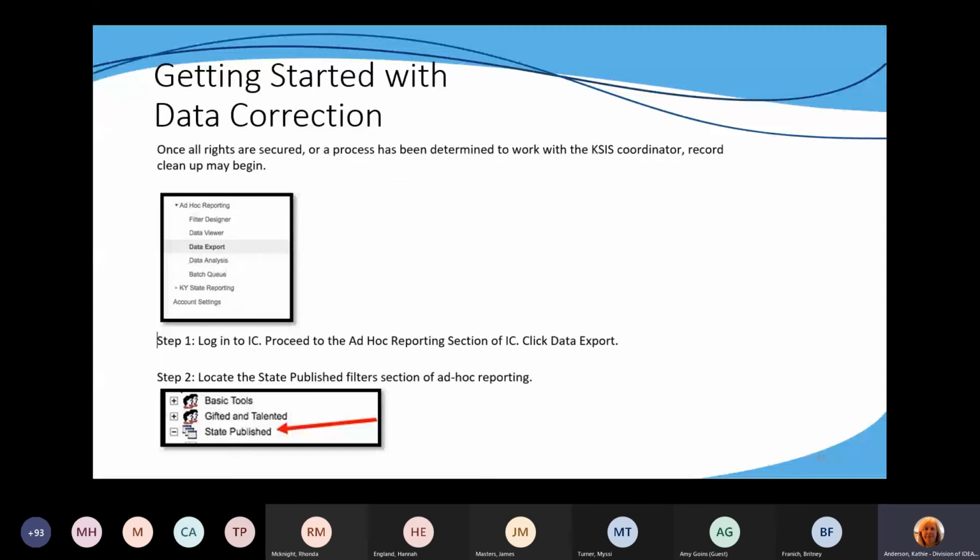So getting started with data correction. Once you get all the rights that you need, and the process has been worked out with the cases coordinator, because you may need to schedule some time with them, then you can begin record cleanup, right? So there are several different things to do for record cleanup, and I've given you the